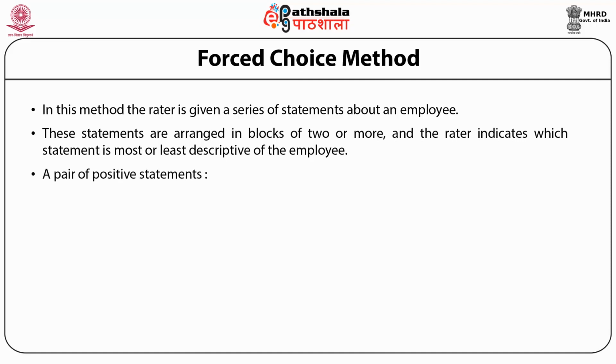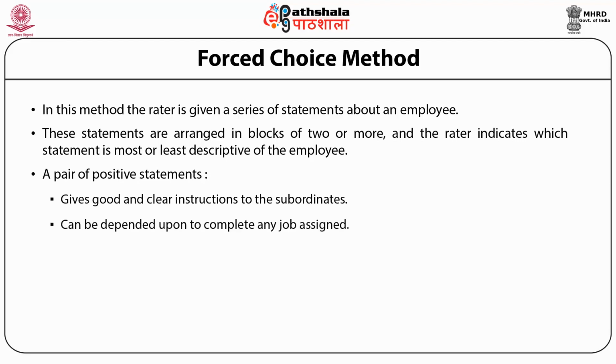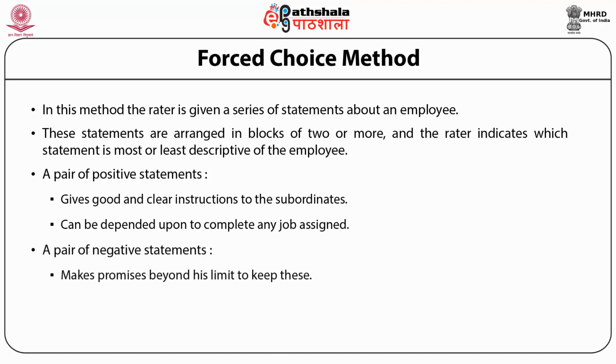In the pair of positive statements, there is: it gives good and clear instructions to the subordinates; it can be depended upon to complete any job assigned. In case of negative statements: can make promises beyond his limit to keep these, and it inclines to favor some employees. Each statement carries a score or weight,